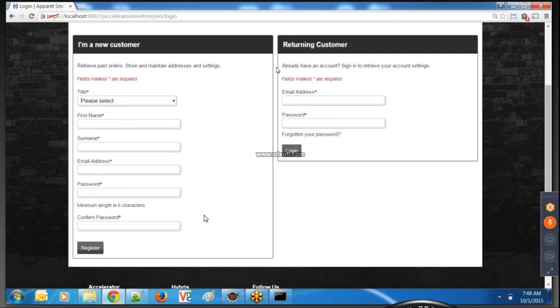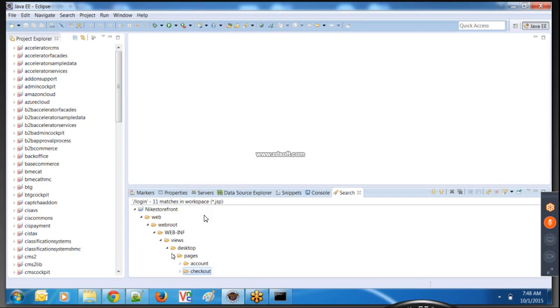So if you see here, you have two folders. Are you directly clicking on the account and logging in, or are you clicking on the checkout? So are you clicking on the checkout and arriving onto the page? So if you see here, I am clicking on the account and I am logging in. So this is what is my page. Okay, so